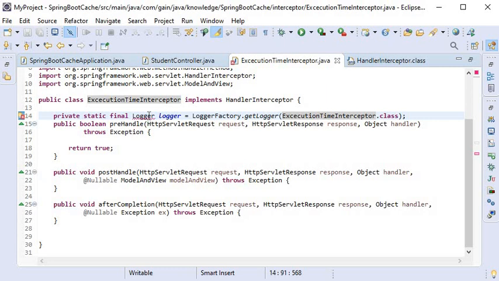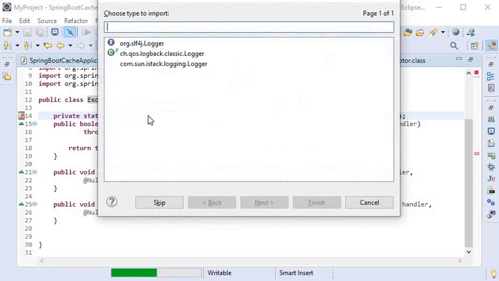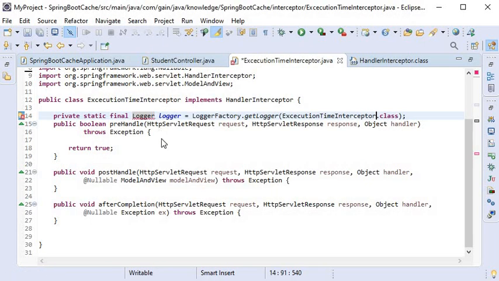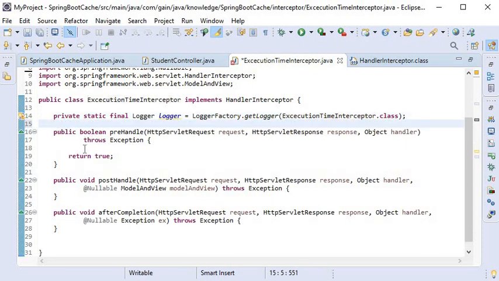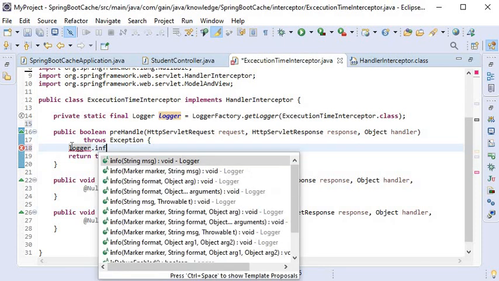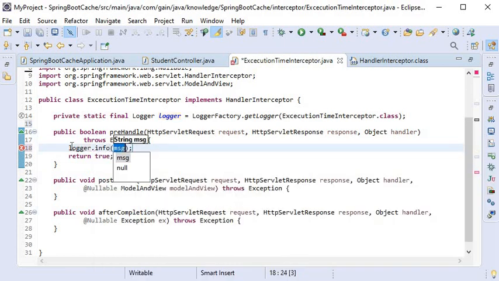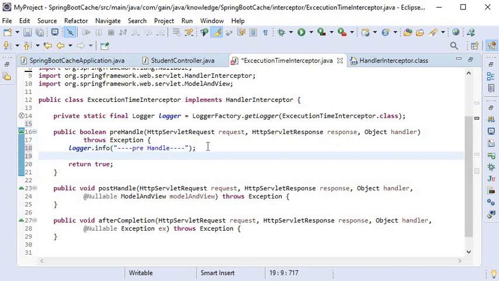Here I will add the dependent class for logger. Here I am using the SLF4J logger, and here I will just print some logs to check. logger.info, and it is the pre-handle function, and the next